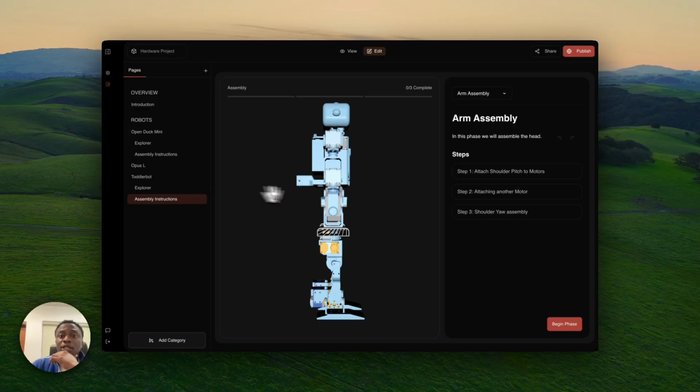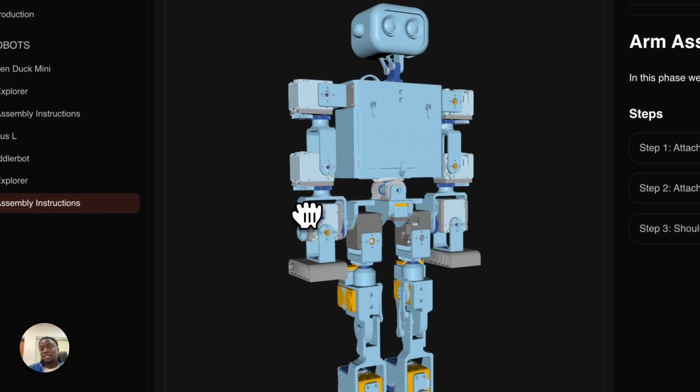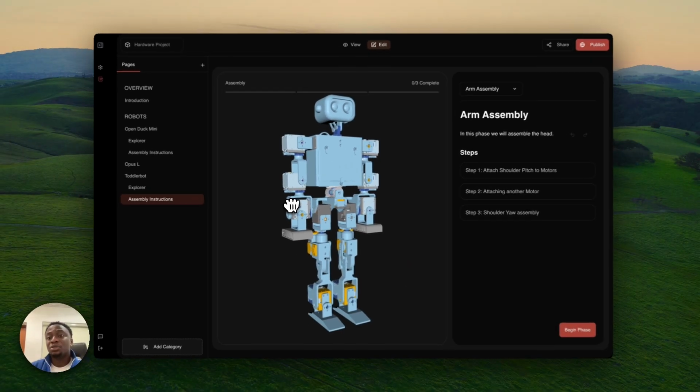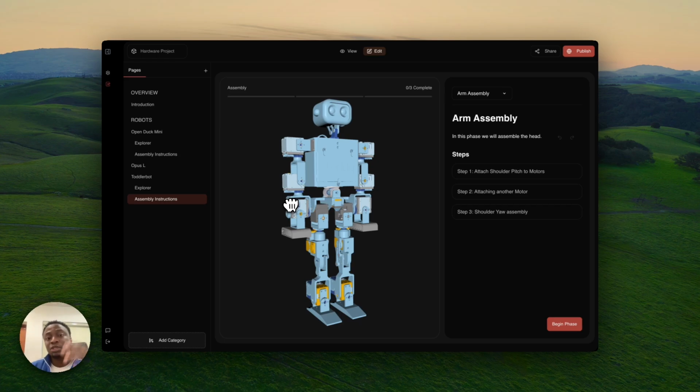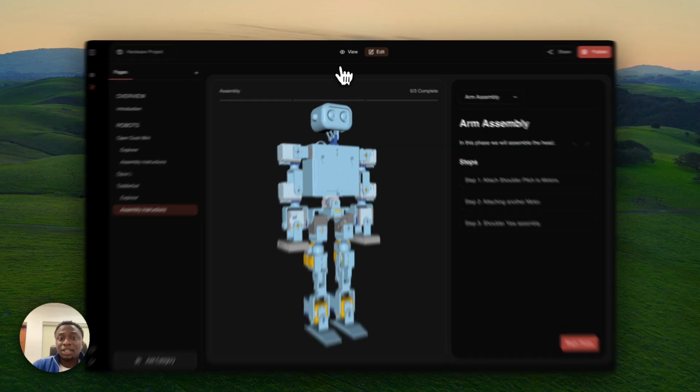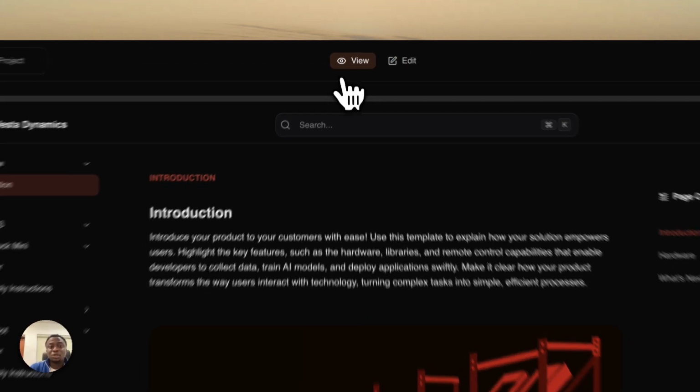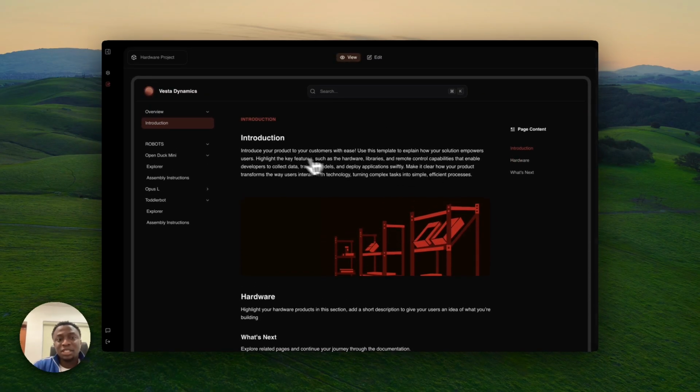But yeah, would love to see how you guys use it and what you want to see specifically, and the functions you want to achieve with the multiple robots that you intend to add. Another thing you can do is to view your Central Docs, and this is what the website would look like. You have a clean documentation website that has your robots and any other information you want to add. Your users can search, and over the coming months we'll be adding AI features that help you document your robots faster and help people find answers, find files, and just get started with building their robots in a much more